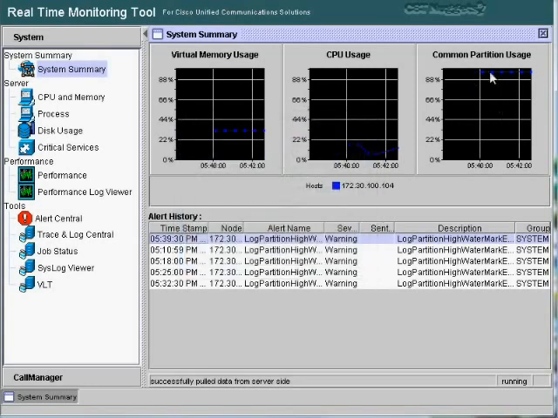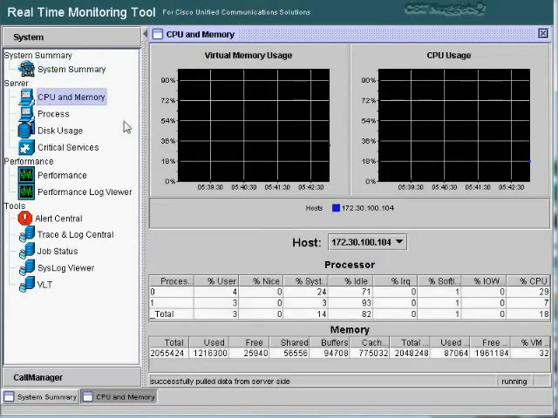And you can see my common usage up here is pretty packed. So this gives you an idea of what's going on with your system. And I'll drop down here and double click on this guy. CPU and memory just focuses on the virtual memory and CPU usage. Now this is directly the same as the system summary, and the main thing I want to show you here